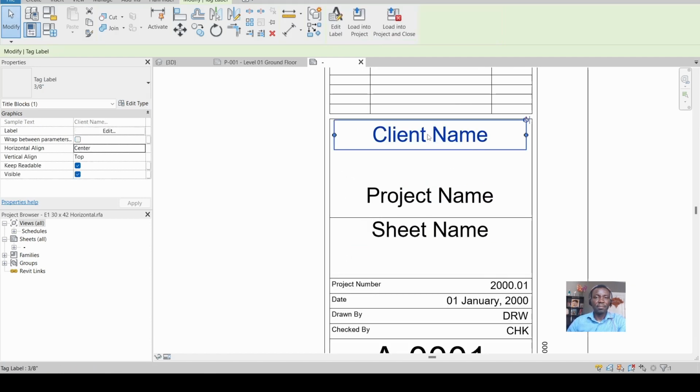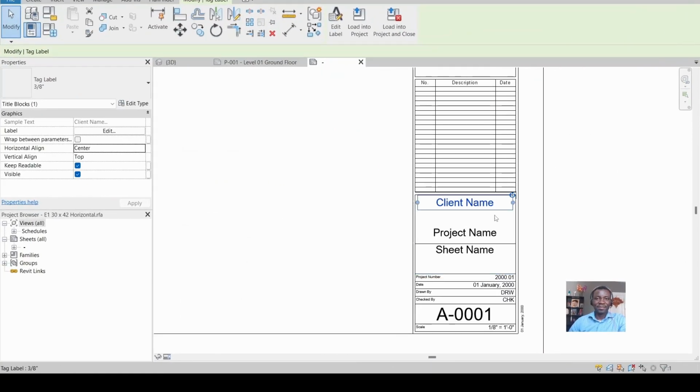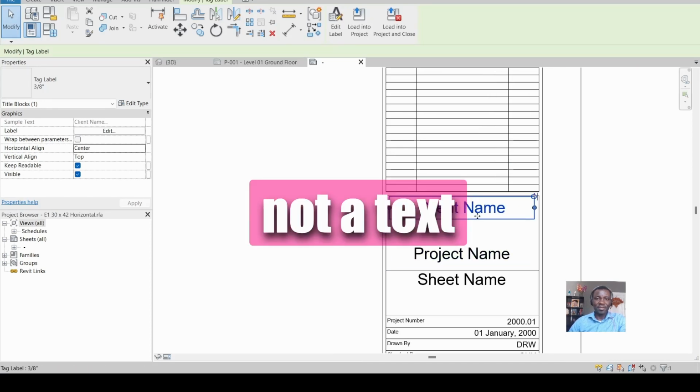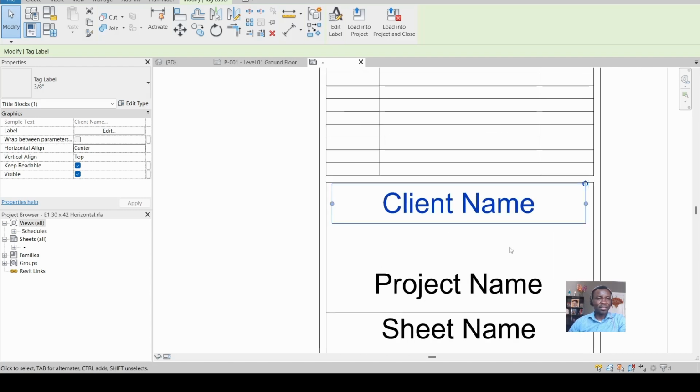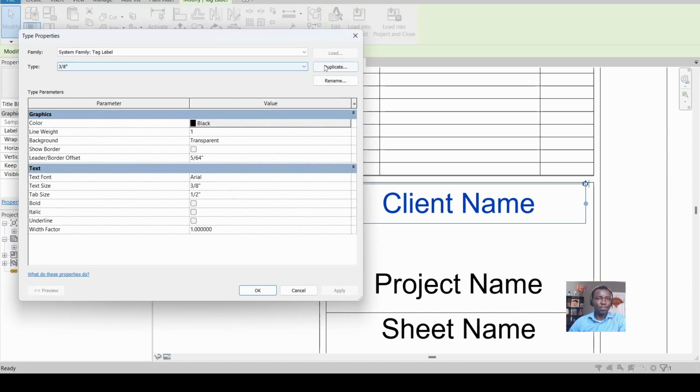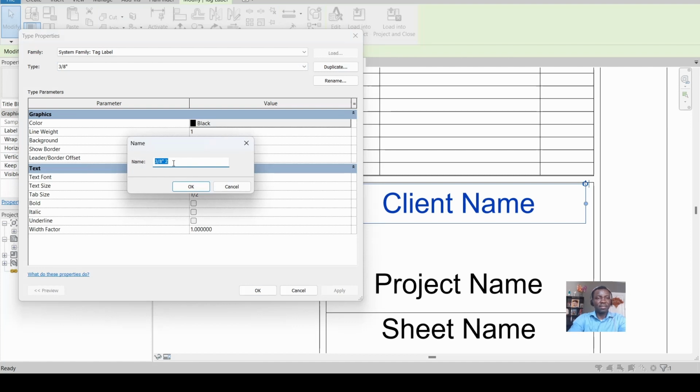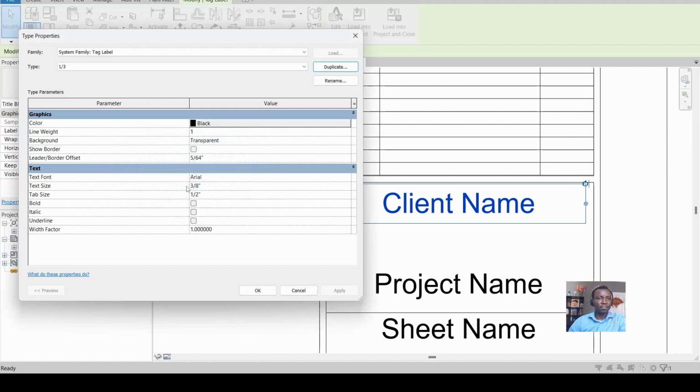The client name, double click. Now this one is not a text. If you click, nothing is going to happen. So in order to change this, we select edit and let duplicate always, so we don't need to change everything. We call this, instead of, we can make it 1/3, but this is just a name. And now the size, if we think this is too large, change it to 1/3, and then okay, you can